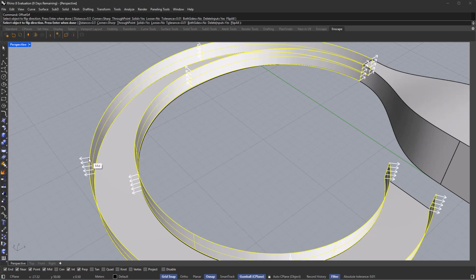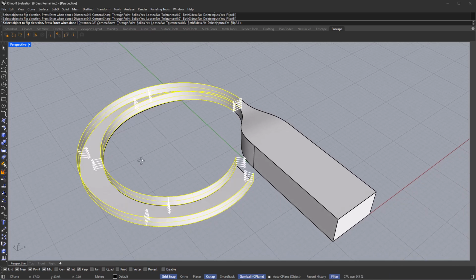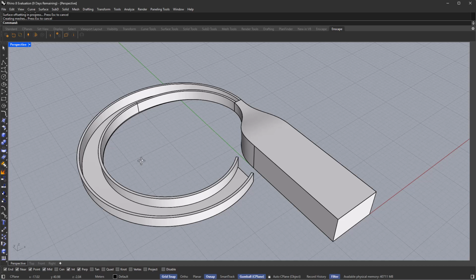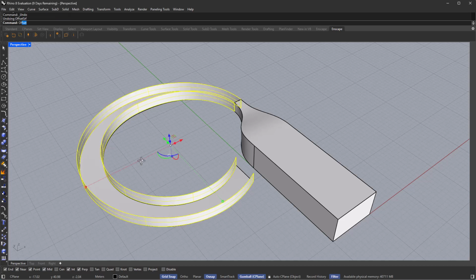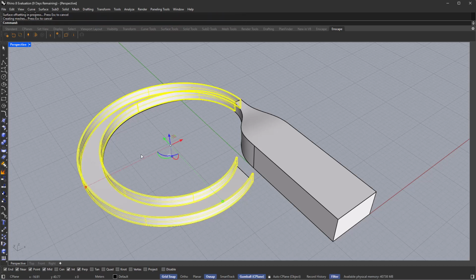So what I'm going to do is just click once in here, and it's going to flip the direction of those arrows. So now we have what we wanted. The distance of this thickness is going to be 0.5. So let's just type in 0.5, and maybe it's a little bit too much. So let's go back again with Ctrl plus Z and offset SRF again. So offset surface again, flip these arrows, and instead of 0.5, we could have 0.3, and then just hit enter